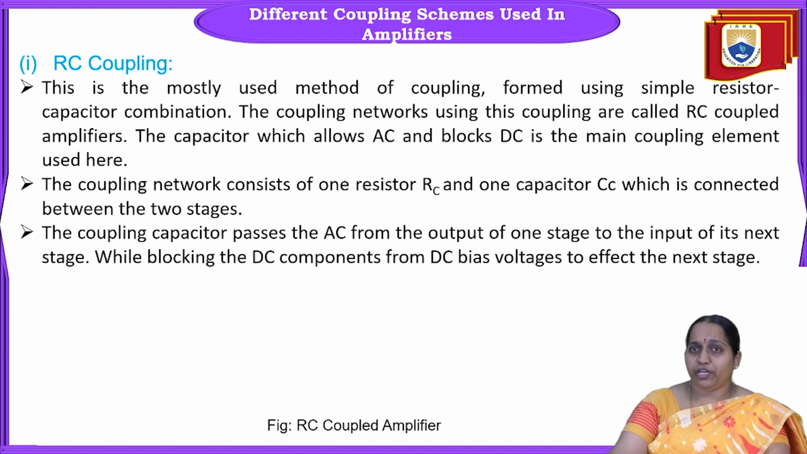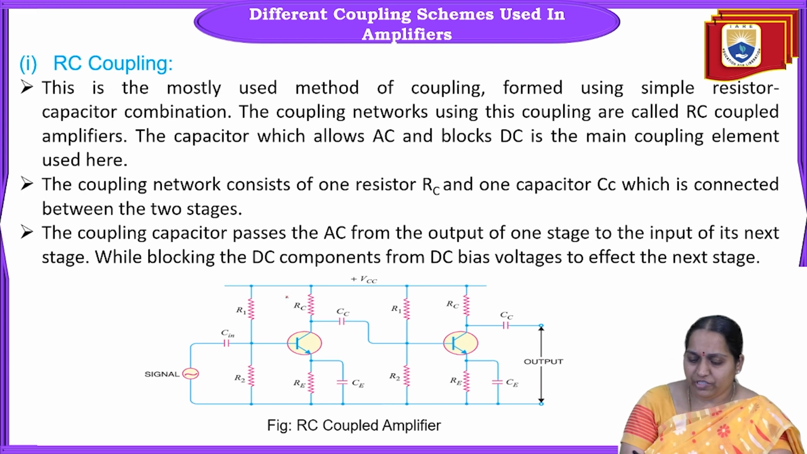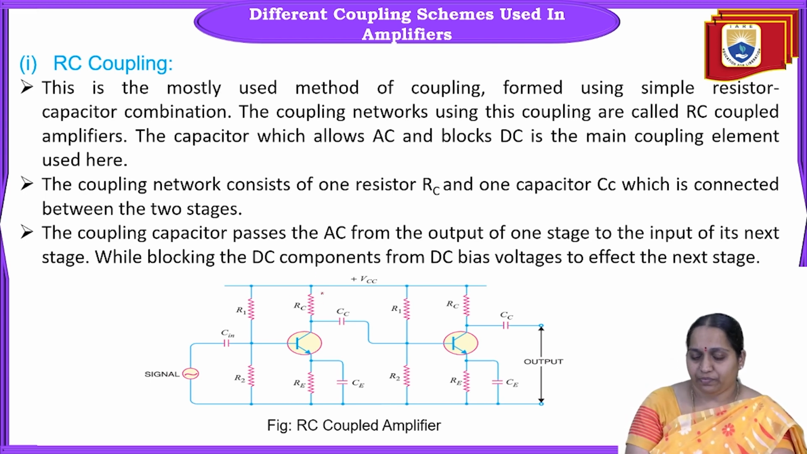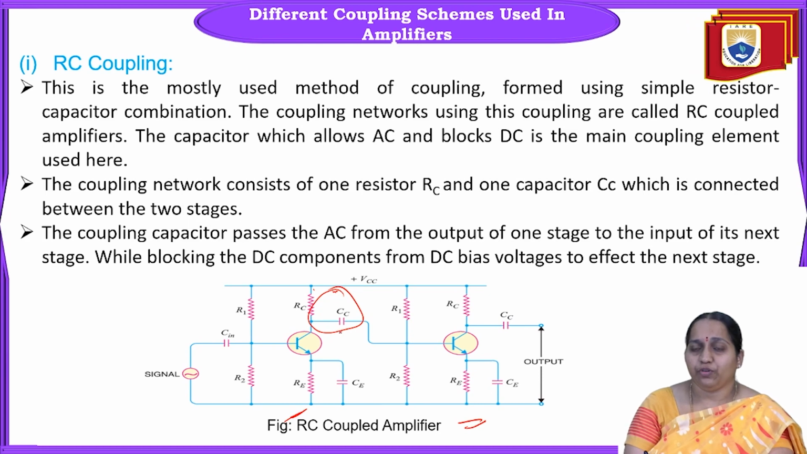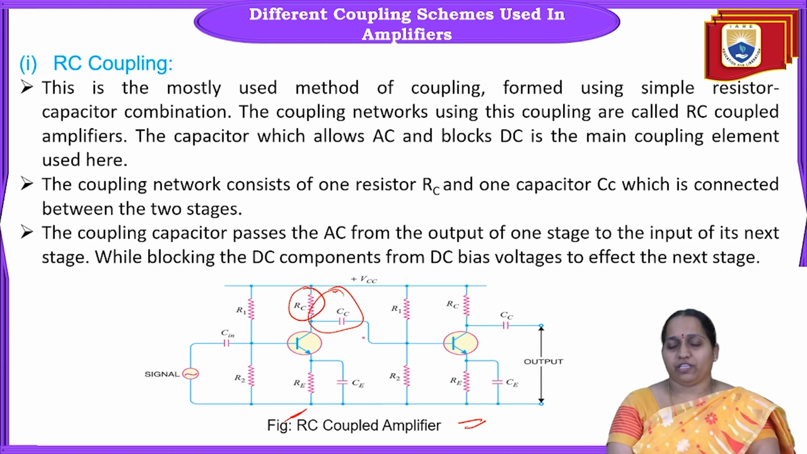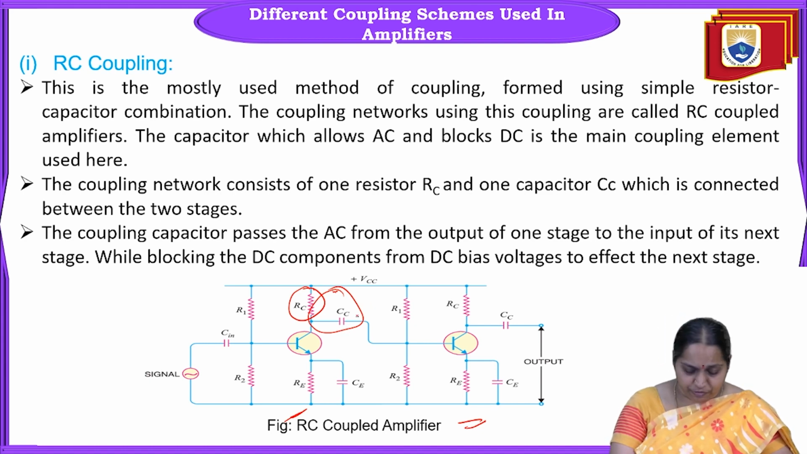You can see in this figure, this is the first stage, up to here it is the first stage, and this is the second stage. The output of the first stage is connected to the second stage through this resistor-capacitor combination. Basically you can see here the coupling capacitor CC and RC of the first stage. This coupling network consists of one resistor RC and one capacitor CC, which is connected between the 2